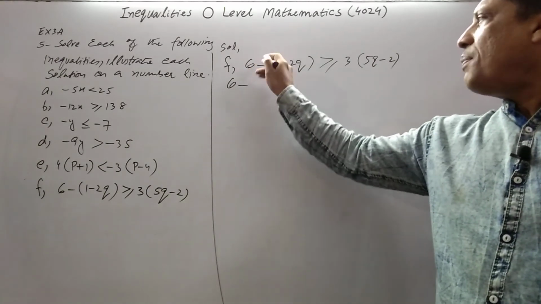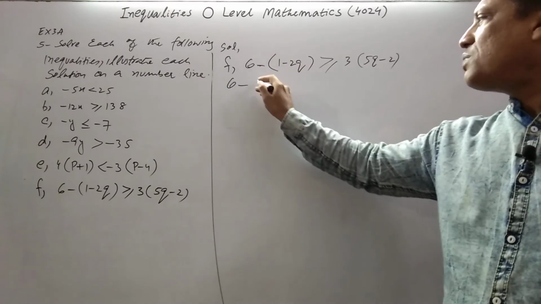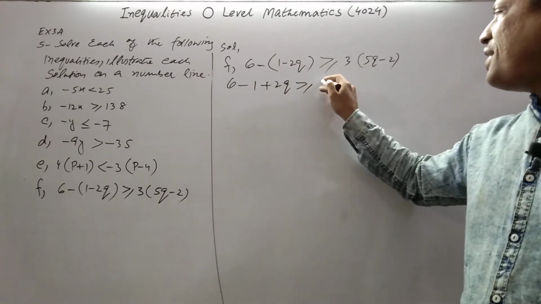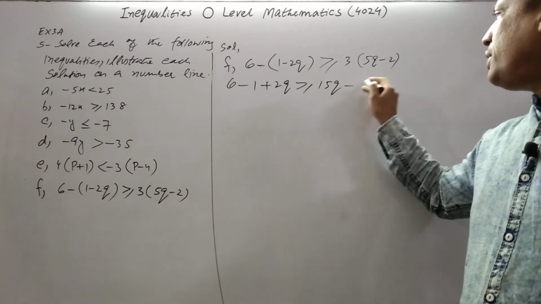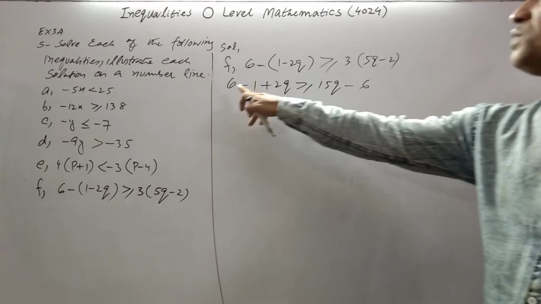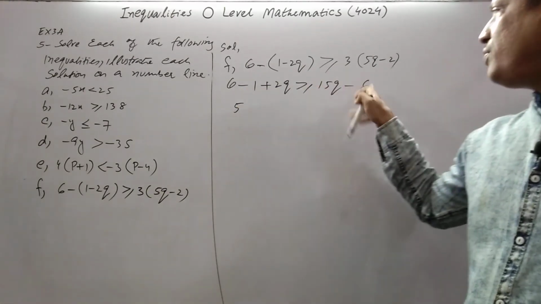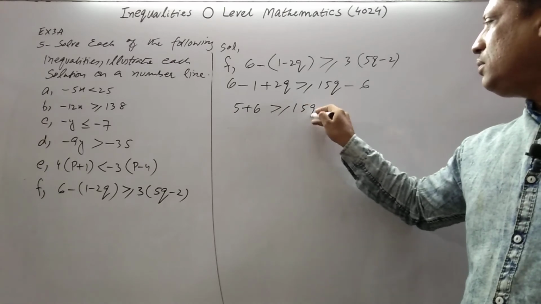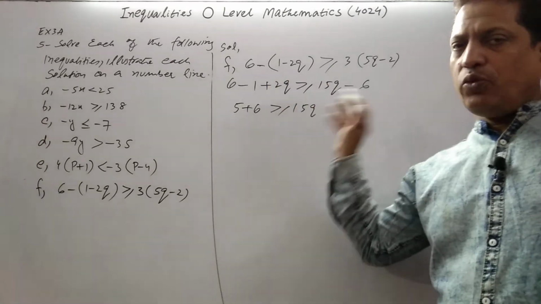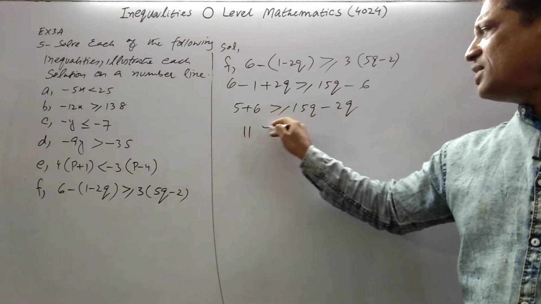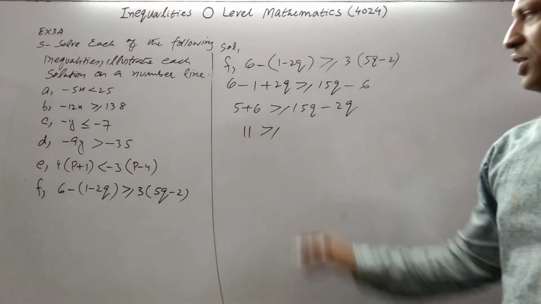First apply this minus sign on the bracket: minus 1, minus minus plus 2q, greater than or equal to 3 5s are 15q, 3 2s are 6. Collect all q on one side. 6 minus 1 is 5. Shift this minus 6 to this side, plus 6. Shift this 2q to the other side, it will be minus 2q. 5 plus 6 is 11. 15 minus 2 is